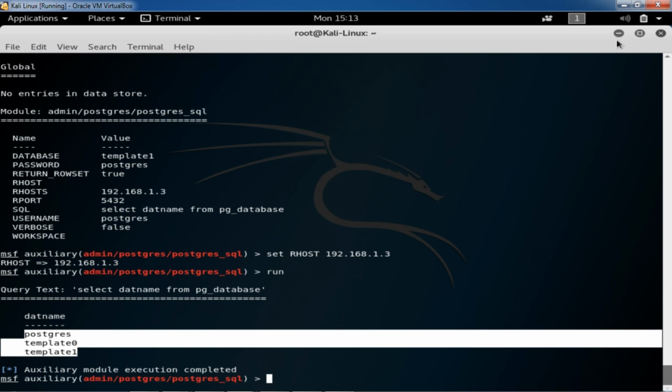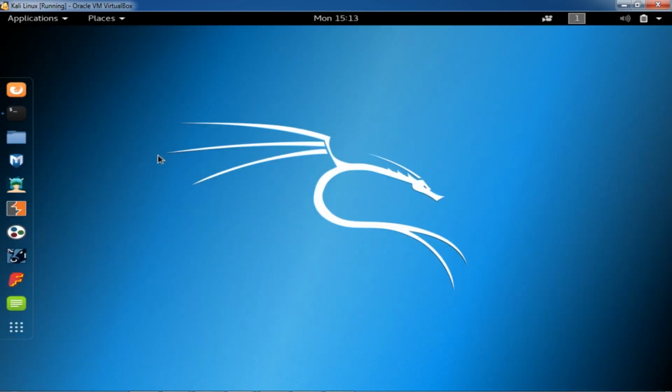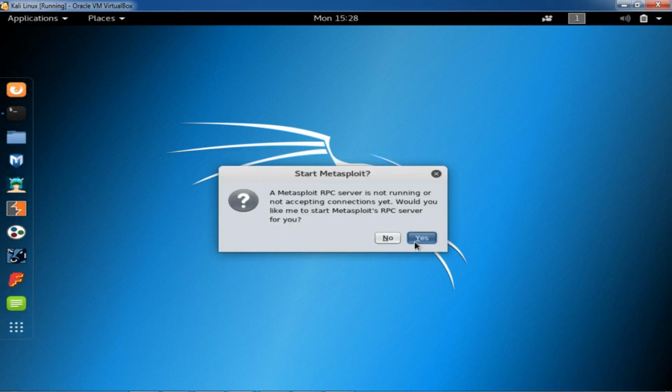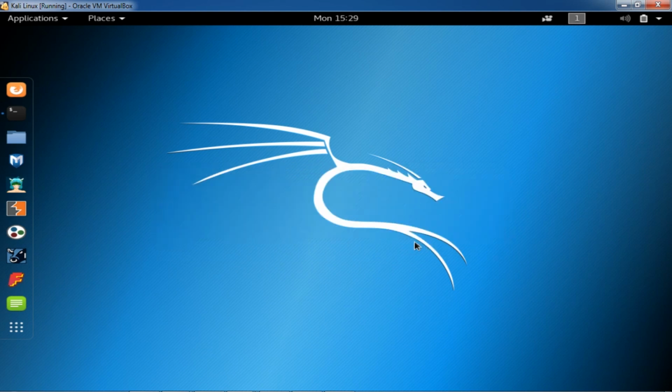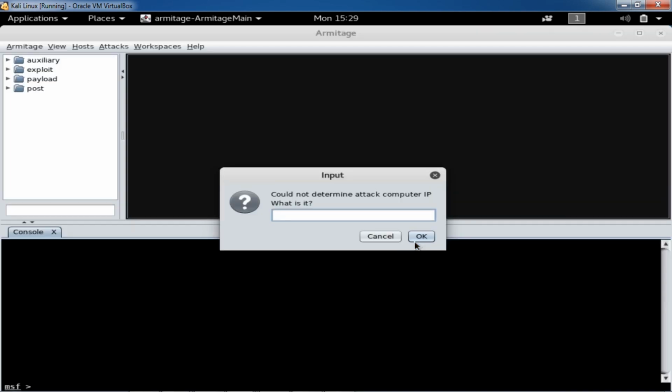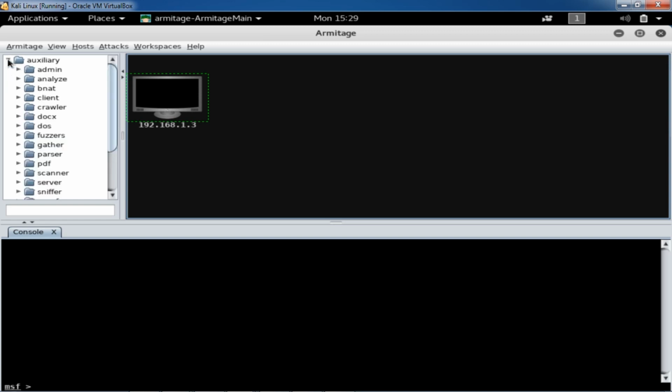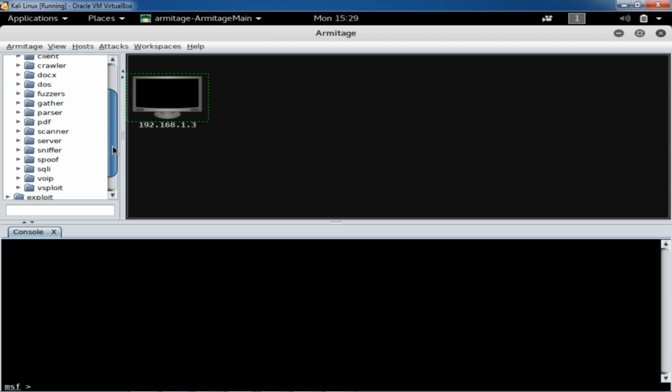And also we can use the Armitage, which is a GUI for the Metasploit framework. So I will click here. So now I will click on connect and then yes. So now we have to specify the IP address of the computer that will be attacked, which is the 1.3 IP address, and then I will drag that one here, and then I will search in the auxiliary for the scanners,